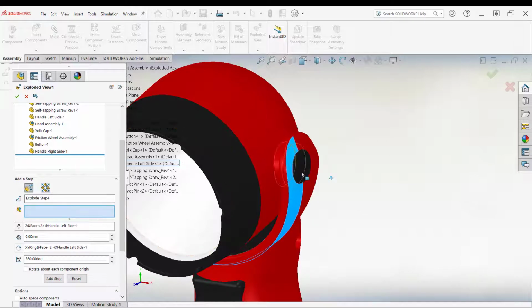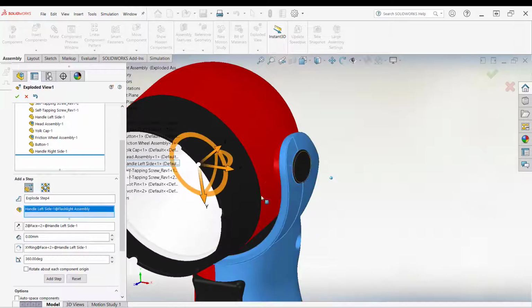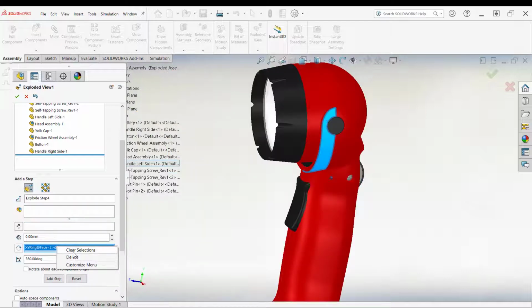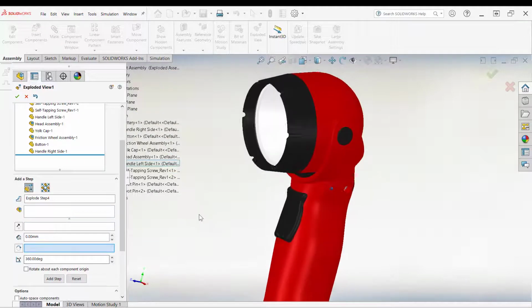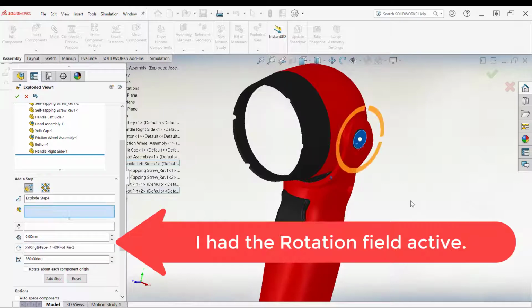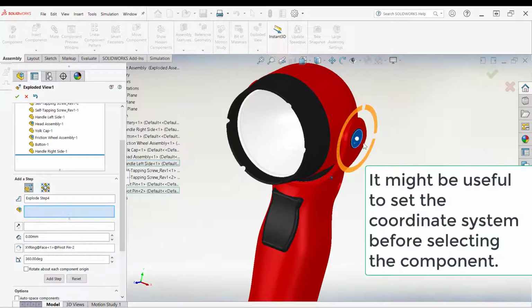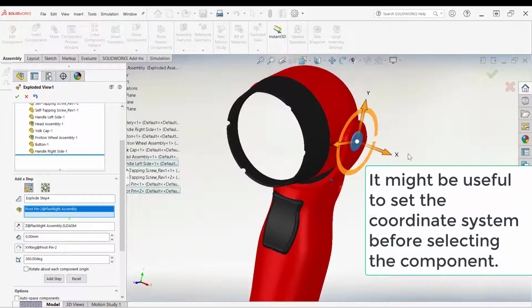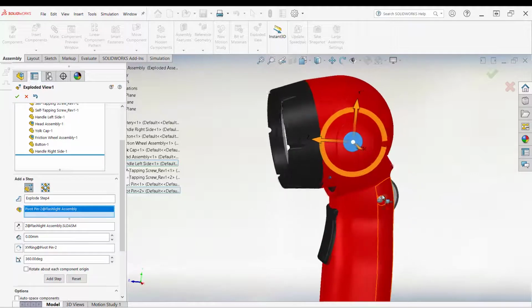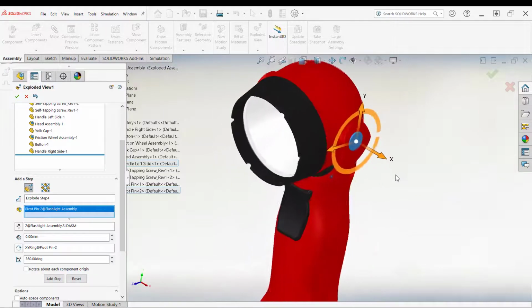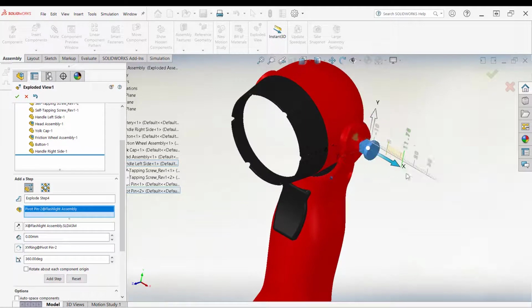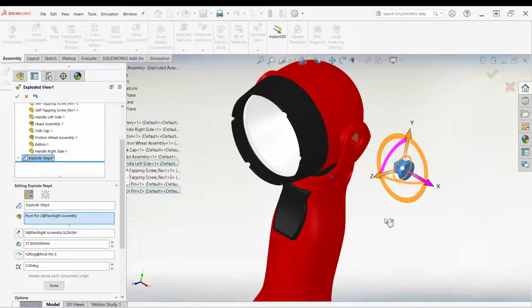I've somehow got this face selected, and I don't want that. Let's clear this selection. I'll clear all these selections. Here we go. Okay, so I'll select this pin, and that time it just moved the coordinate system. I need to, there we go, we have that pin selected, and then I want to move this out on the x-axis. And so I'm going to drag this pin out about like that,